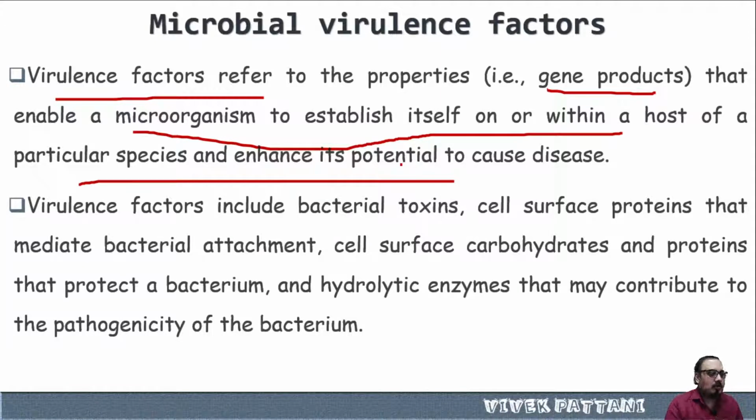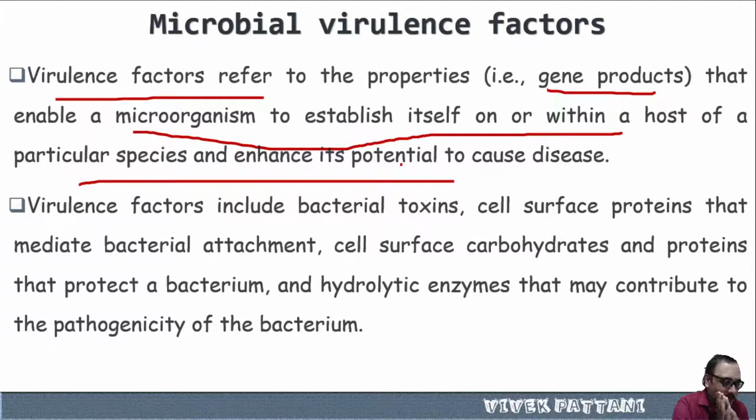Simply, virulence factors can also be defined as the properties of the microorganism which are produced by them. It may be within the host or maybe even outside the host, such as toxins. Botulism toxin may also be produced outside the host. And generally some of them are even specific to a particular species, which enhance its potential or ability to